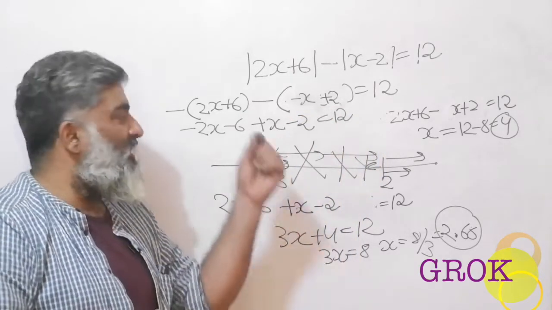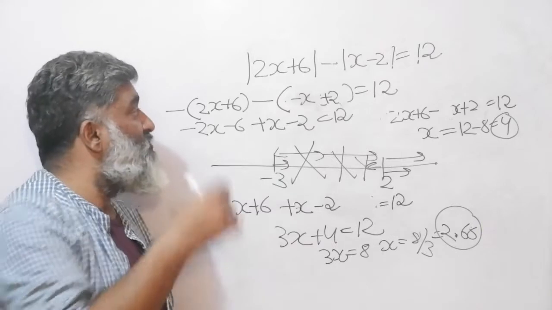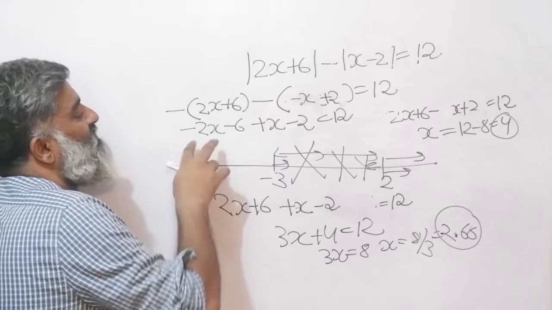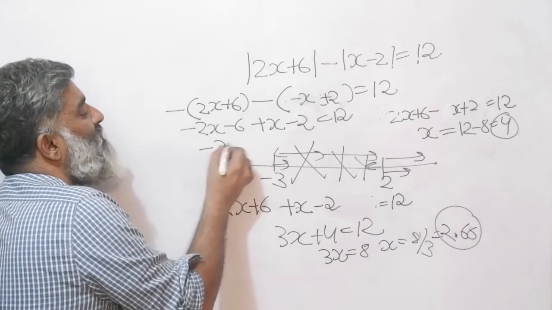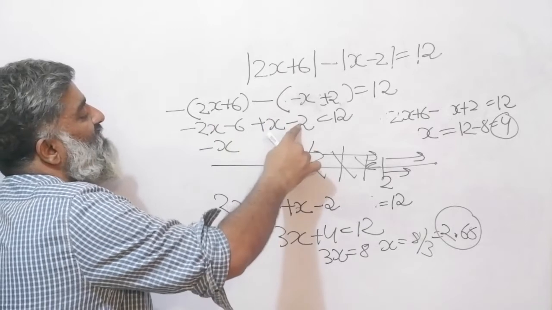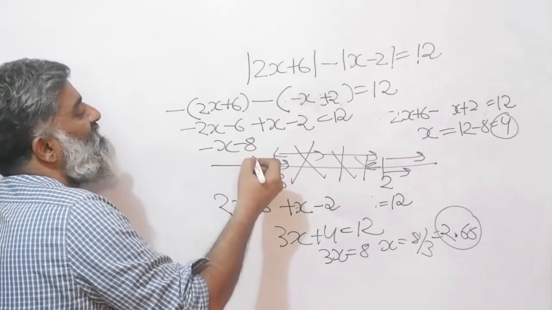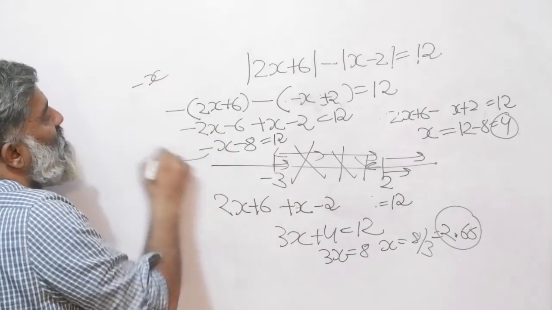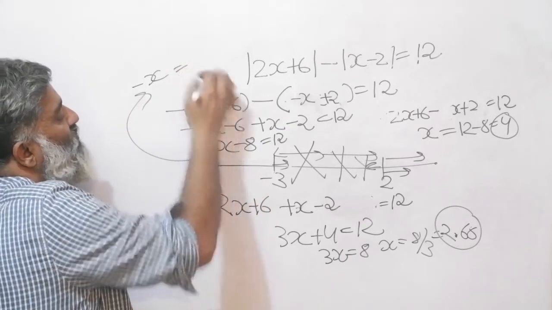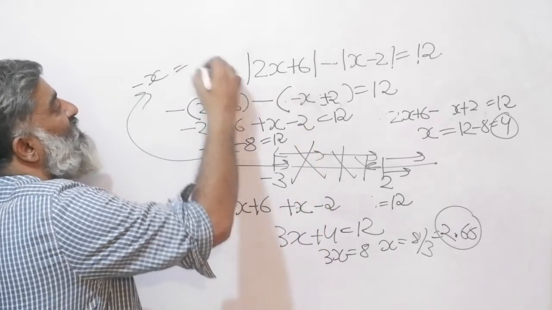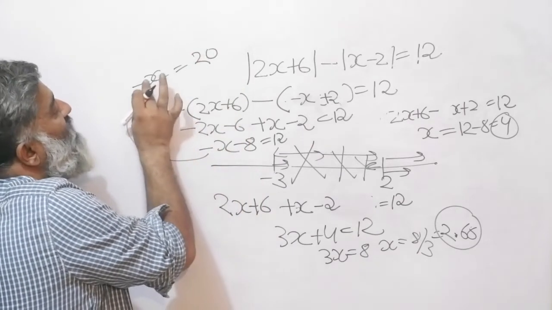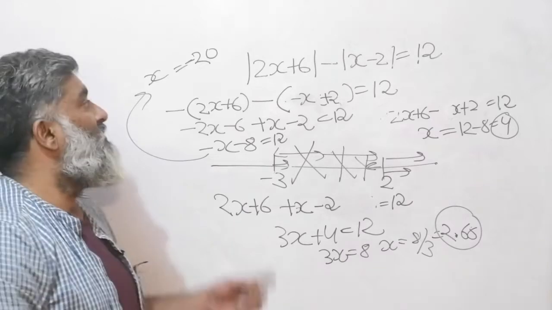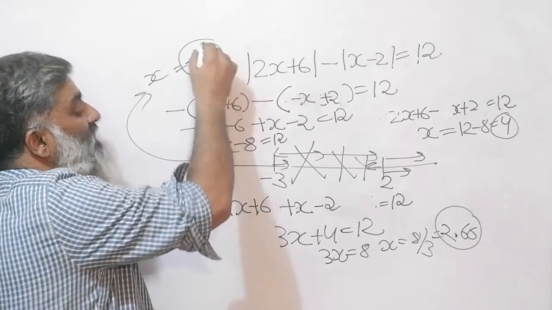So notice in algebra, if you're running a process, you don't have to think, you have to pay attention to a minute little step, but you're not thinking too much, you're just multiplying. Okay, now let's see what happens. Minus 2x plus x, you will get a minus x, and a minus 6 and a minus 2 will give you a minus 8, and this is equal to 12. So a minus x is equal to, this minus 8 will become a plus 8, so I will get a 20 on the other side, and to get rid of this minus, I will put it here. That means I'm multiplying both sides by minus 1, and my answer is x equals minus 20.